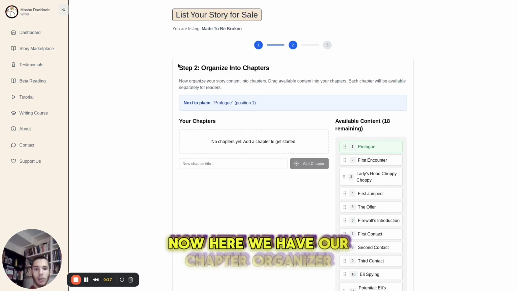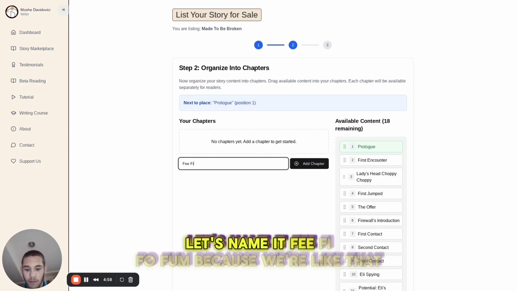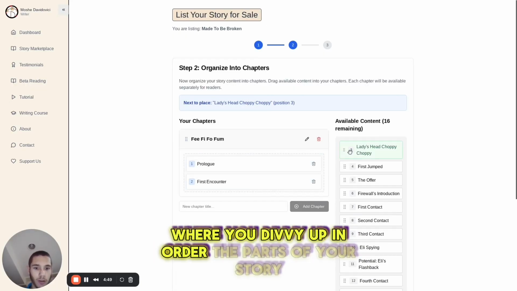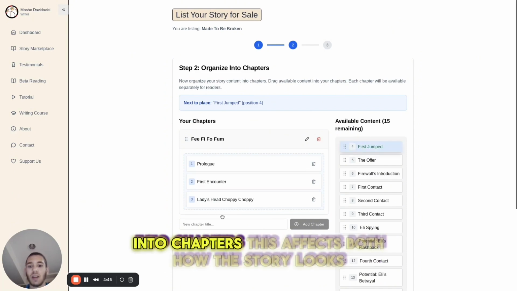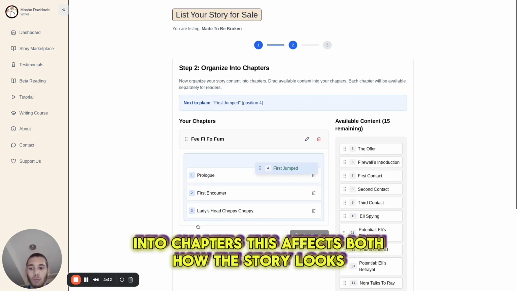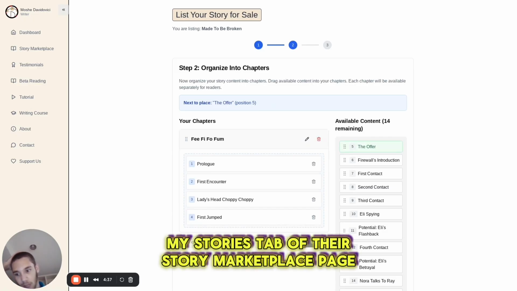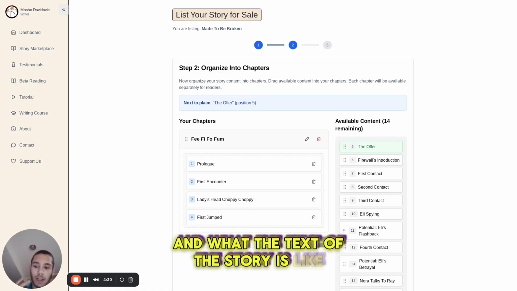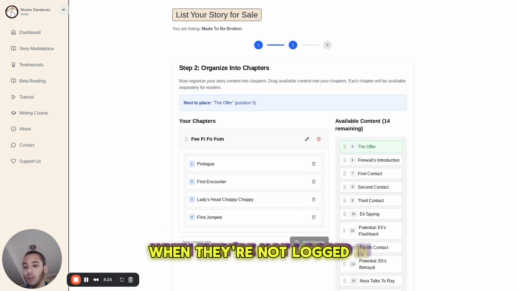Now, here we have our chapter organizer. Add a chapter here. Let's name it Fee, Fi, Fo, Fum, because we're like that. The chapter builder is where you divvy up in order the parts of your story, which is to say the scenes and progression notes, into chapters. This affects both how the story looks when people open it up in their My Stories tab of their Story Marketplace page, where they read it, where they bought it on the site through their own account, and what the text of the story is like when people buy it as a PDF or rich text file when they're not logged in. And yes,